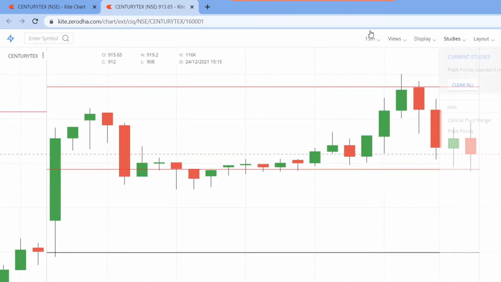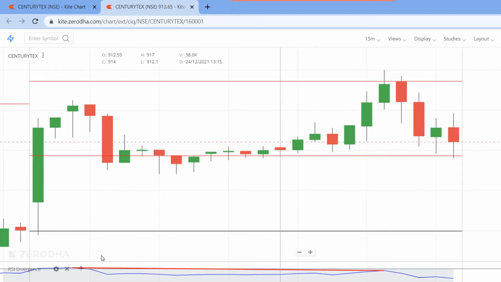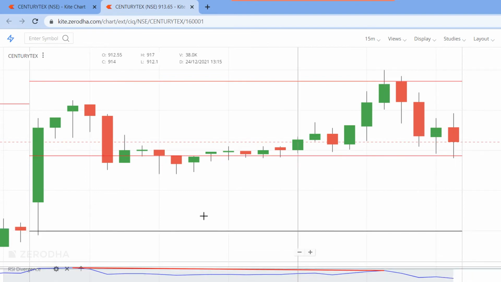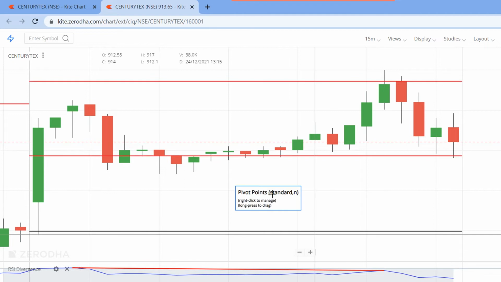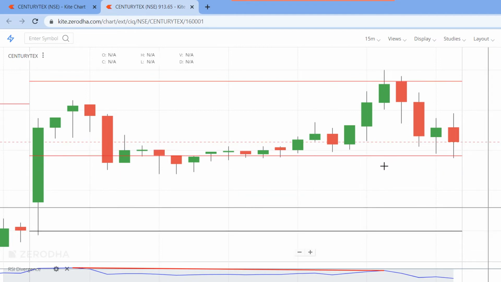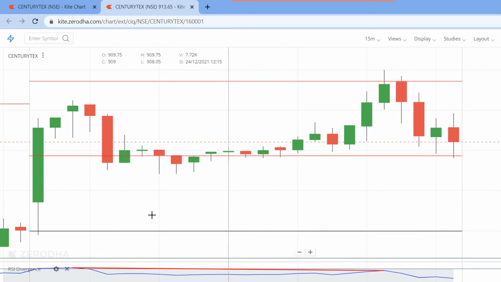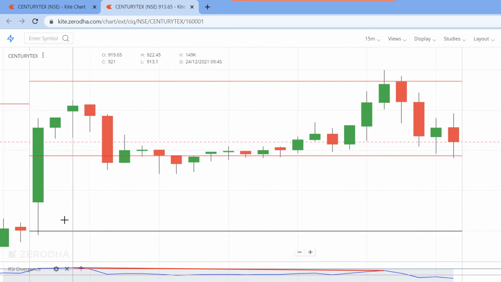The second indicator that you have to apply is RSI divergence. As you see here, this is the RSI divergence indicator. It is nothing but the RSI indicator with some indication about the divergence aspect, right? Now the ground rules for this technique: first of all, the time frame has to be 15 minutes. Secondly, when you look at the RSI divergence,